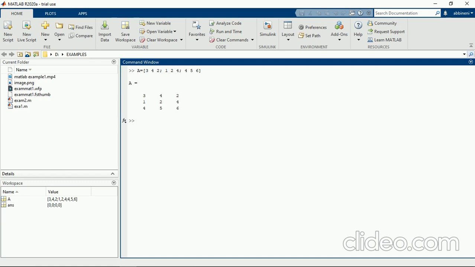From this matrix A, if I want only the diagonal elements, that means 3 to 6, I use the function DIAG, the shortcut for diagonal.